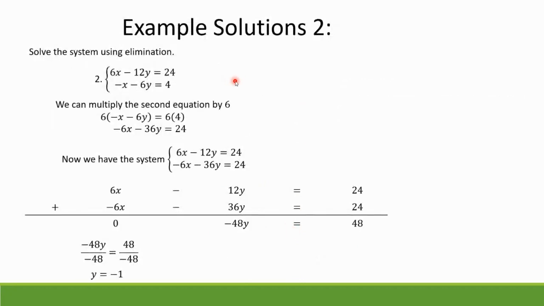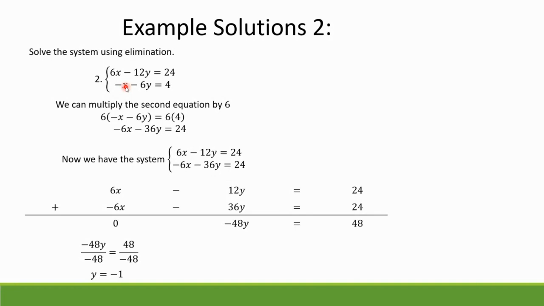Okay, so here is another example. It's the same idea basically, right? We're using elimination, so what we want to do is somehow kill off a variable. There's usually more than one way to pull this off. For instance, here we have 6x in the first equation. Now in the second equation, we don't have that. We have minus x. But if I multiply the second equation by 6,